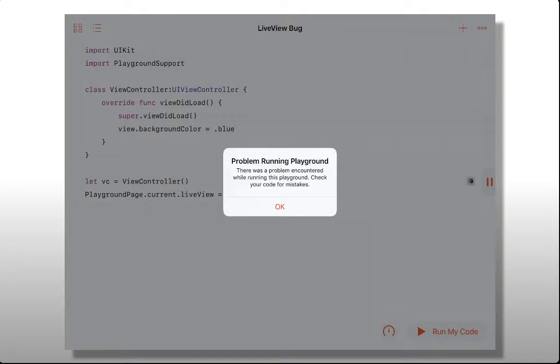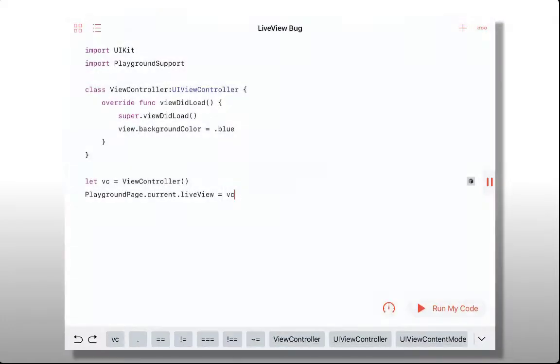A lot of my tips use a technique to get a view controller showing in the live view. Well, I just had the current Swift Playgrounds 2.1 update cause total chaos on my iPad Playgrounds, showing the message you see on the screen, and I'm going to go ahead and show you what's going on with this and